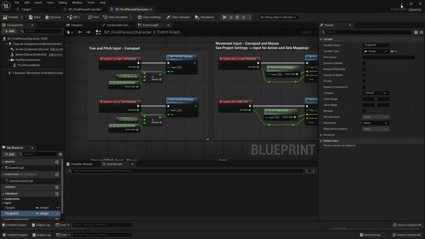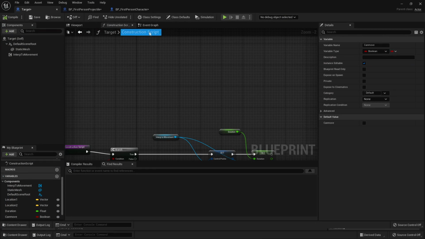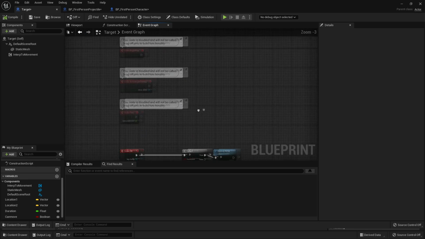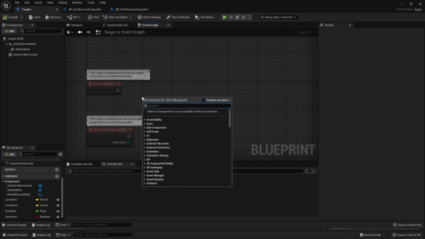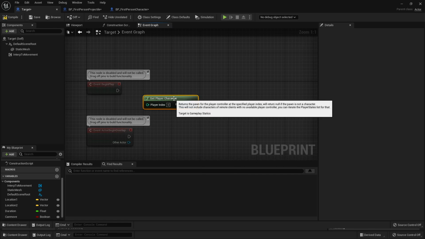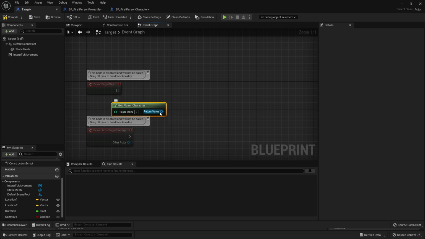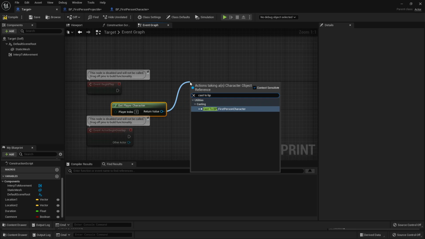With this done, we can close this, and then we want to head over to our target blueprint. Then we want to head over to the event graph, and what we want to do is event begin play. We can just right click and look for get player character. So we're going to get a reference to our player character, and from this return value we want to drag up here, look for cast to the BP first person character,